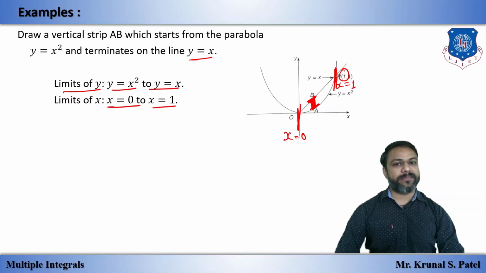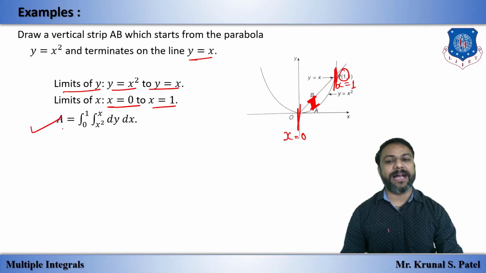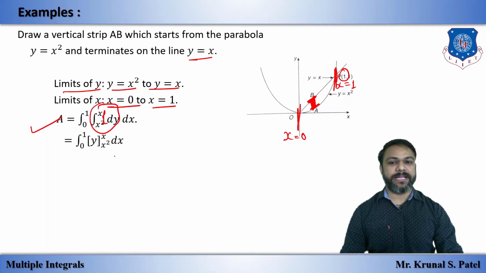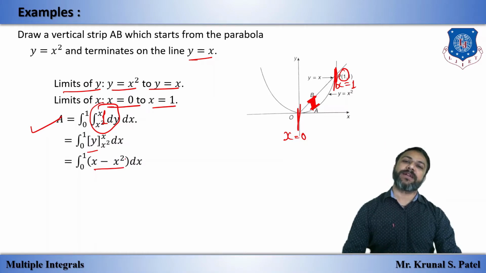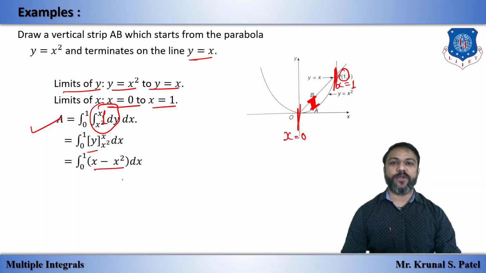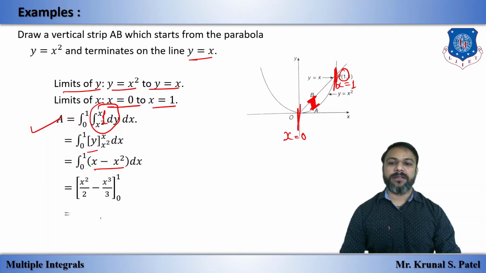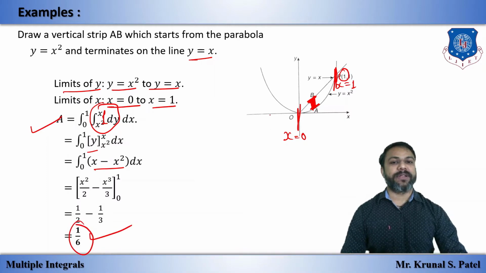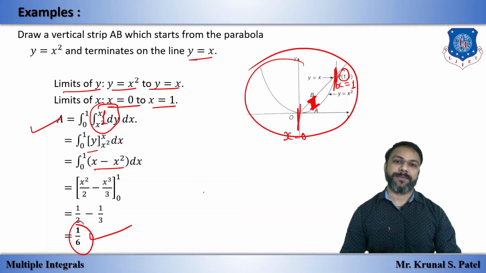After getting these limits, we just have to put them in the formula of area. A is equal to double integration dx dy or dy dx. So we have here 1. Integration of 1 with respect to y is y. So upper limit minus lower limit gives x minus x square. Now we will integrate with respect to x. By pausing this video you can solve it by yourself also. By integrating, x square by 2, x cube by 3, upper limit minus lower limit, we have the final answer 1 by 6. So easy after considering this part.